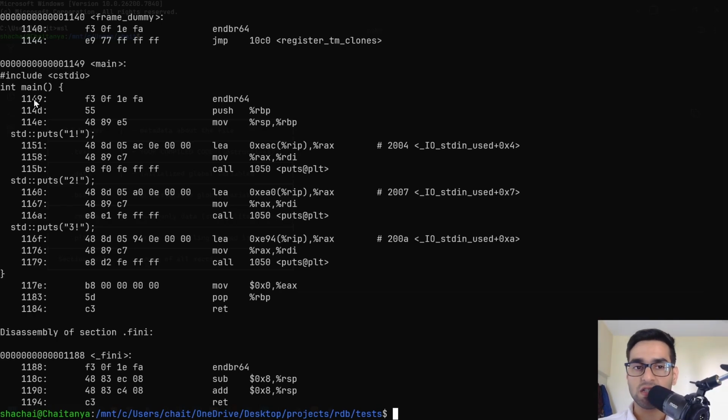If the binary is loaded at memory address 1000, then this line is at 1149. Since it's a relative address, this is actually at 1000 plus 1149, because it's a relative address, not the absolute address. That's what the relative address means. All right. Looking at this code,